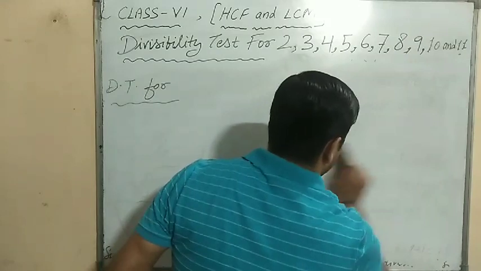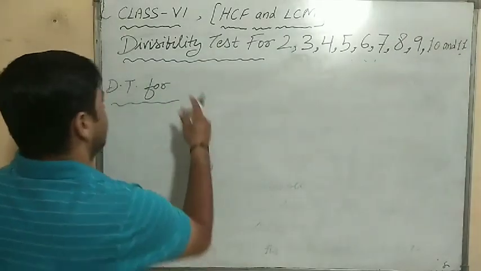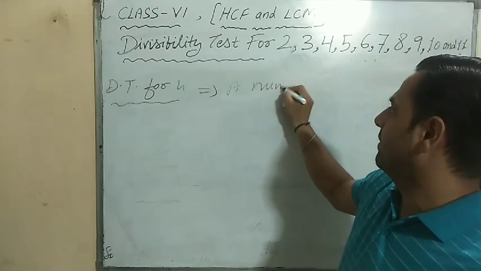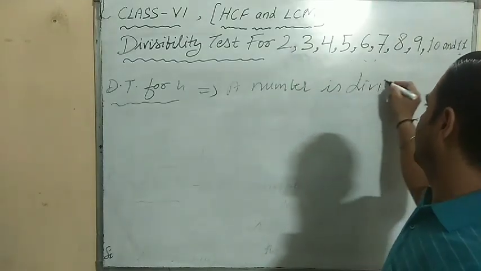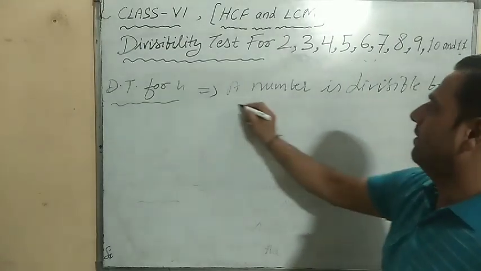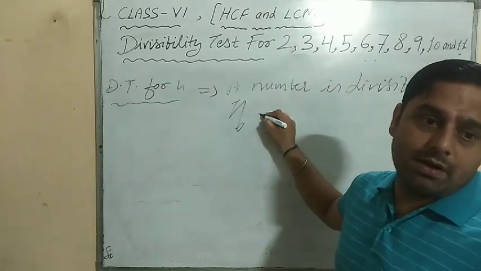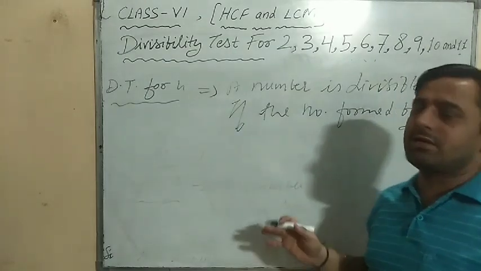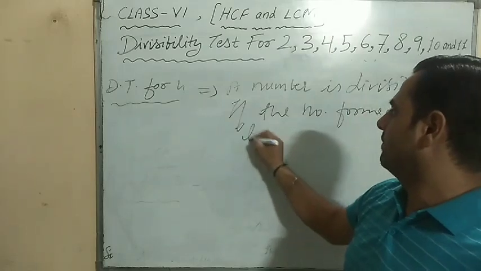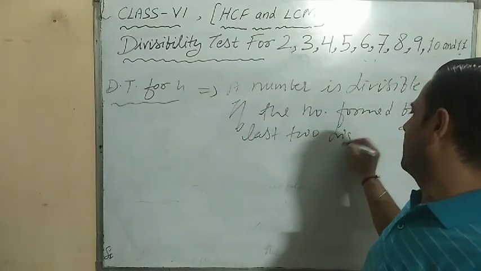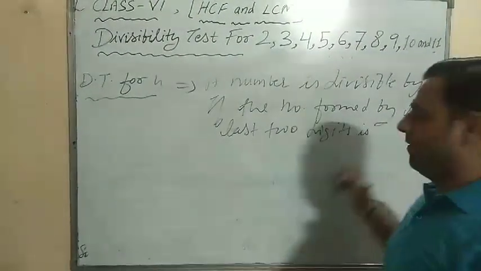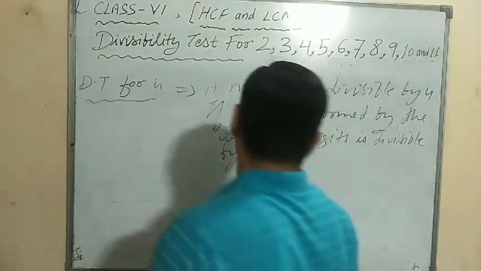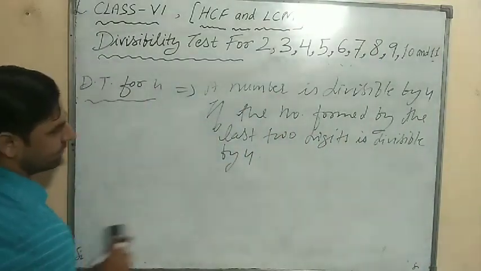So a number is divisible by 4 if the number formed by the last two digits is divisible by 4. Example: